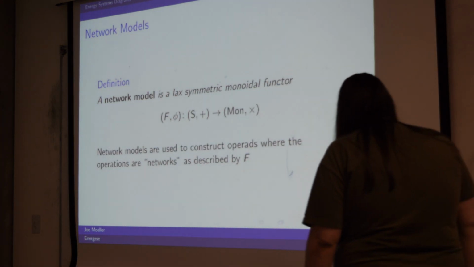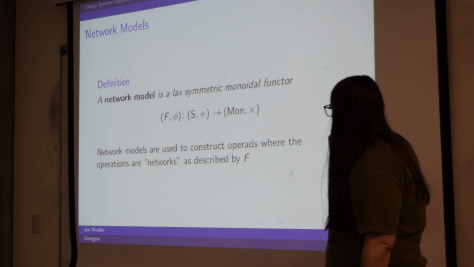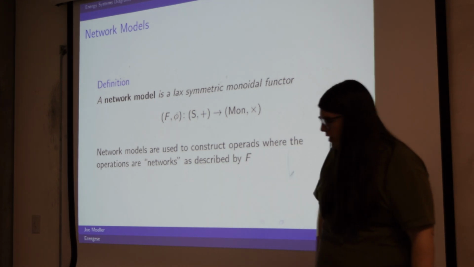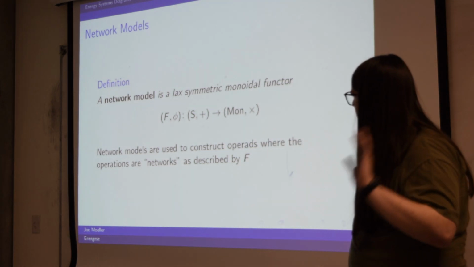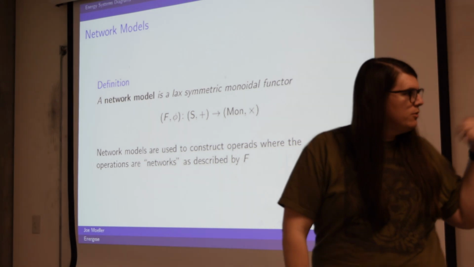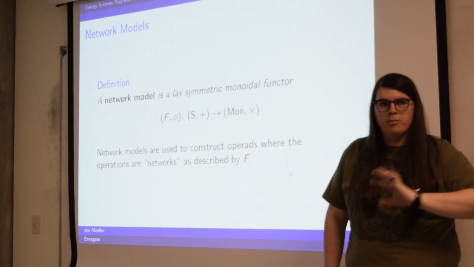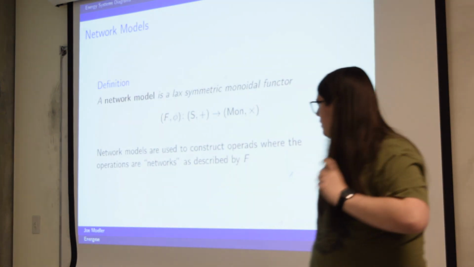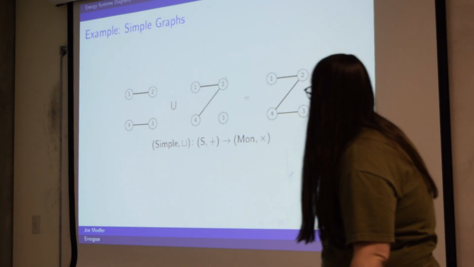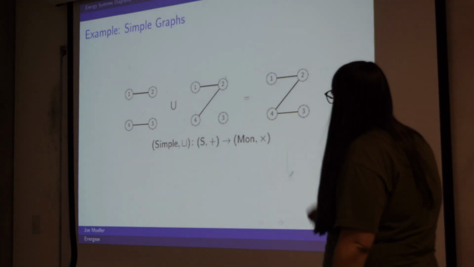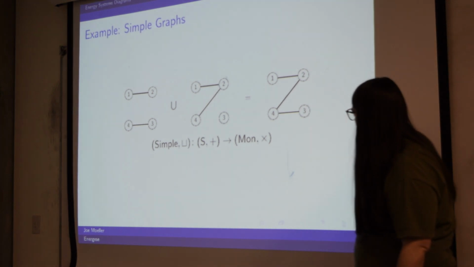And so it's going to be very similar. Network models, what we use them for is to construct an operad where the things that are being described by this functor, the graphs, for example, they become operations in an operad. Then we do stuff with that. But it makes more sense with examples. So with the simple graphs, it is actually a network model where